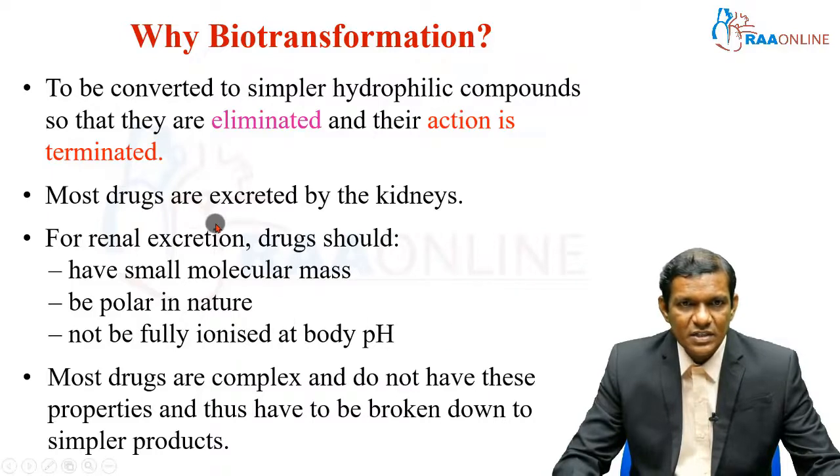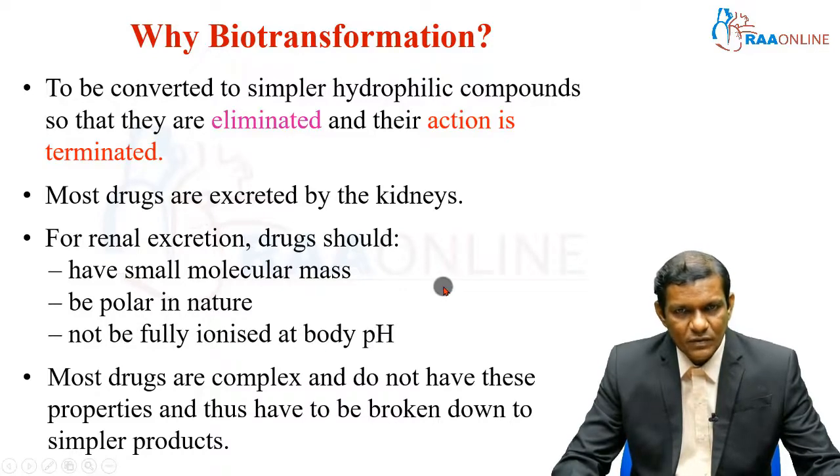And for renal excretion, the important points are what a drug molecule should possess: it should have a small molecular mass and it should be polar in nature. Polar means it is water soluble, and it should not be fully ionized at body pH. Our body pH, the blood plasma pH, is 7.35 to 7.45. So basically the drug should have a small molecular mass, be water soluble, and not be fully ionized. Most drugs are complex and do not have these properties and thus have to be broken